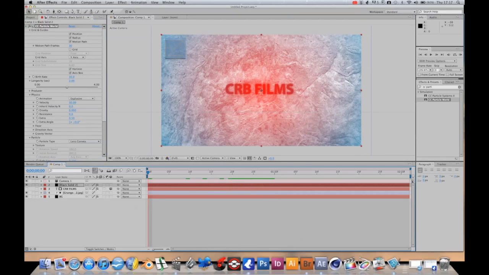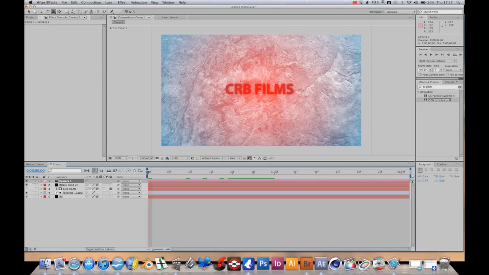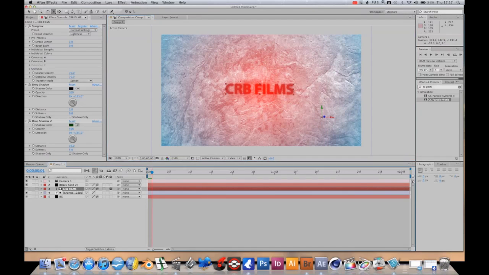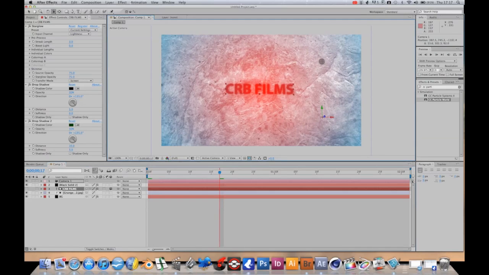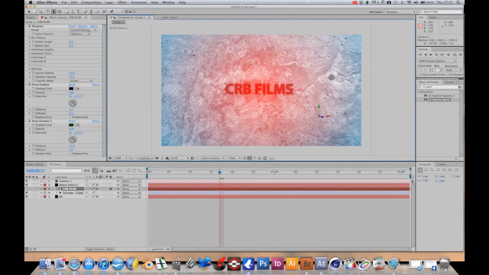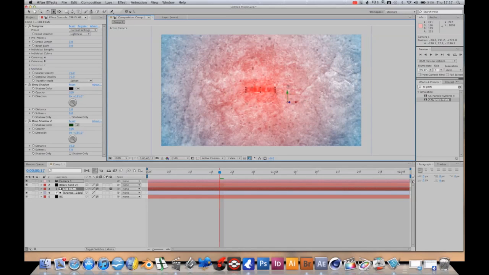So now if we go to our camera, we've got our particles that we can move about in 3D space. We've got our background texture, obviously being a background, isn't going to be 3D, but that's alright because we can leave that there, and with this we can zoom in and out of our text, so we can bring it